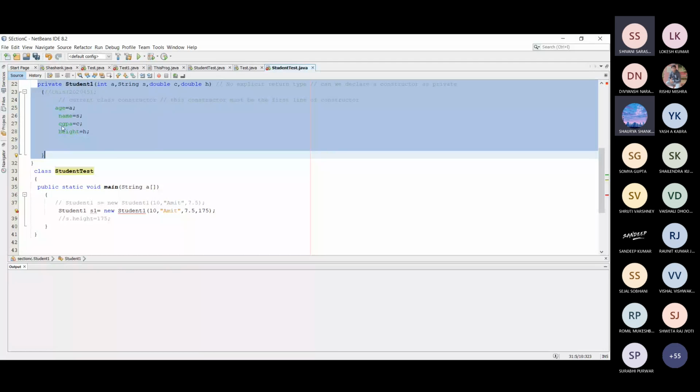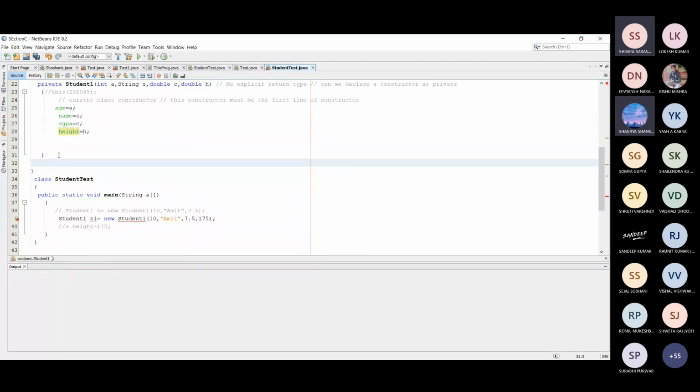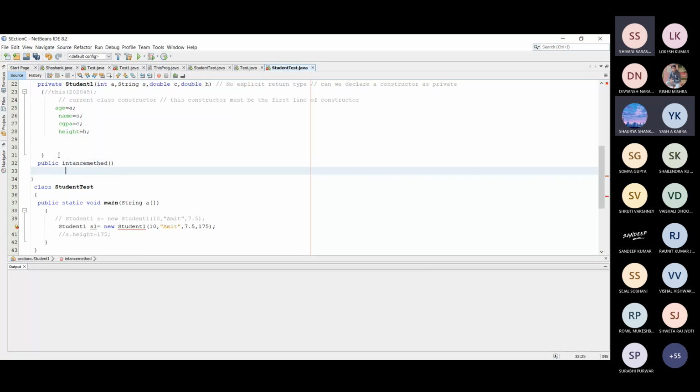And suppose this is a private member. In order to access the private member of the class, we should declare a public method, because from a public method we can access the private members and private variables. Similarly here, in order to access the private constructor, I declare a public method, suppose public instance method.